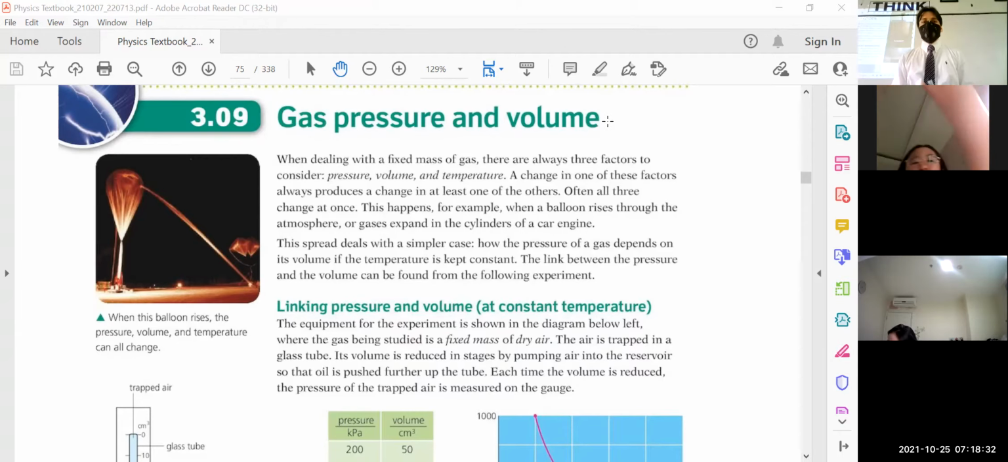So in this topic, what we are going to find out is, is there any relation? Are you listening, students? Is there any relation between gas and pressure? We have to find out if there is any relation between gas and pressure. And is that relation a direct proportion or an indirect proportion? So basically, children, in this topic of 3.09, gas pressure and volume,